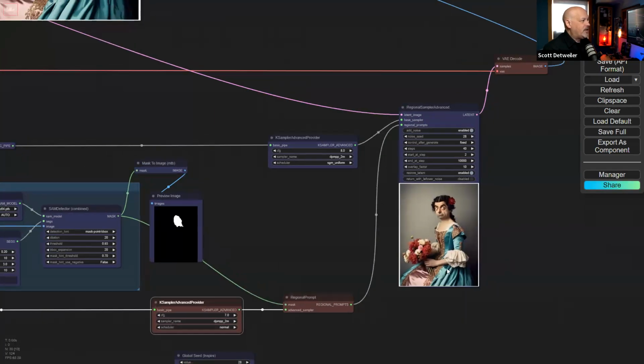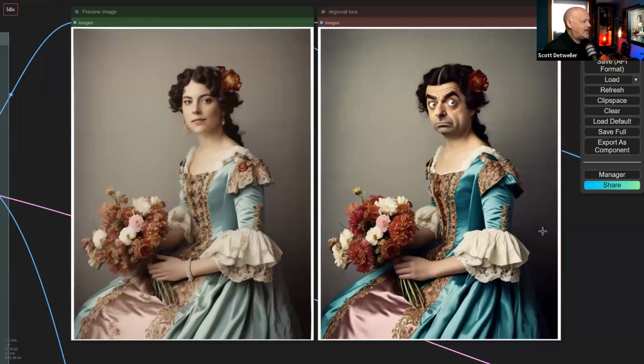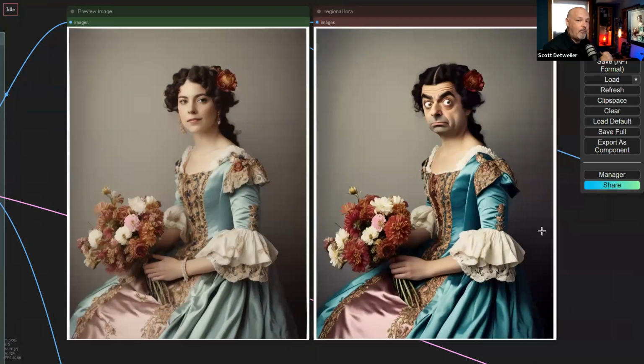Now, what's interesting about this technique, this regional sampler, is that it does not just restrict itself to only the mask area. The mask area receives the majority of the work. But you'll notice that slight things like the bracelet, for example, is nowhere near the face, but the bracelet is missing, or the fingers might be slightly different. So it's taking into context those changes in the face and trying to follow through with the rest of the image. This is a really interesting, again, custom node that somebody made.